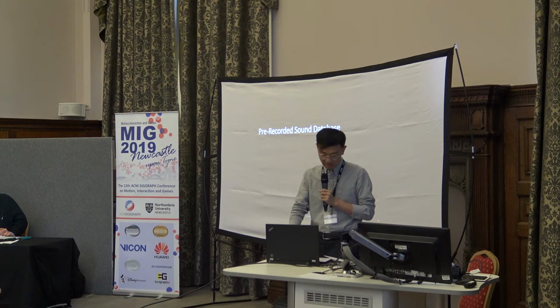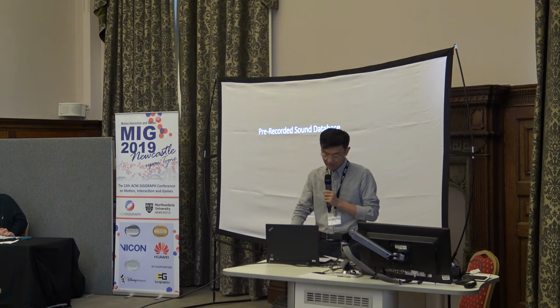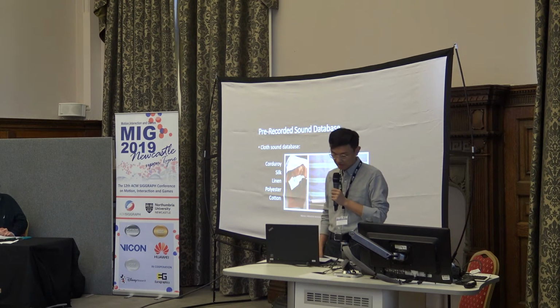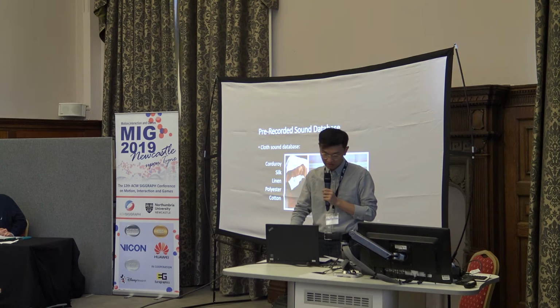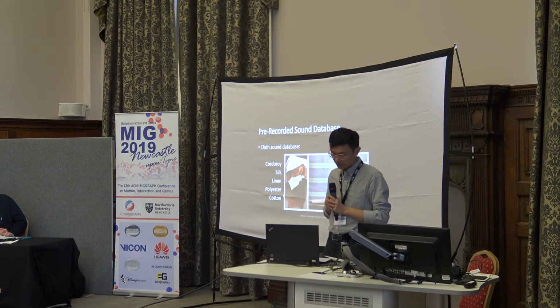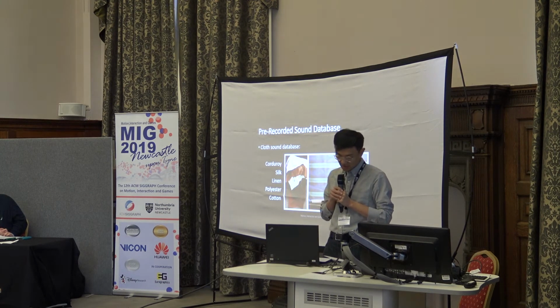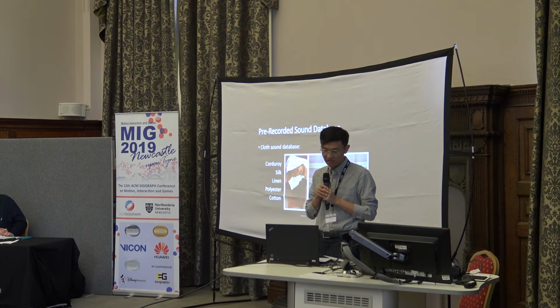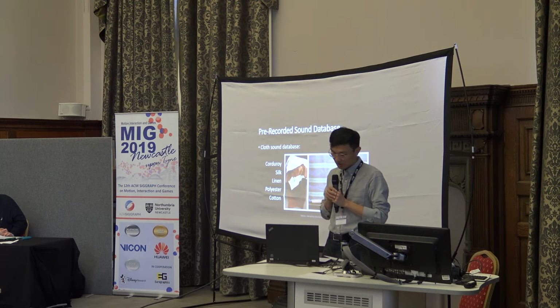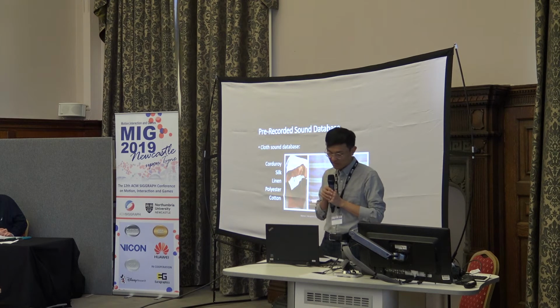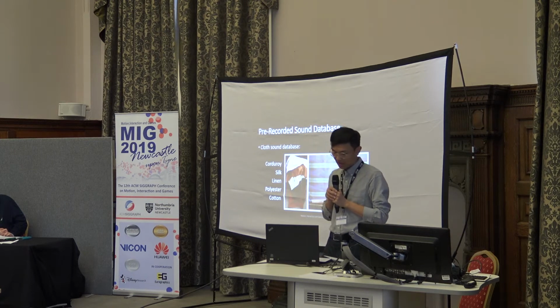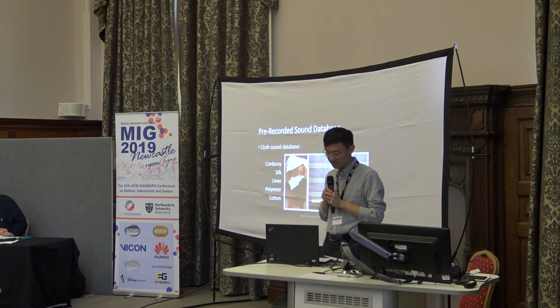For cloth sounds, we create two separate databases using 5 types of common materials, which are corduroy, silk, linen, polyester, and cotton. As you can see here, to record friction sounds, we basically fix a large piece of cloth on the wall and use smaller cloth patches of different sizes to slide against it at various constant speeds. We then order these clips in a contact gradient size versus speed matrix.